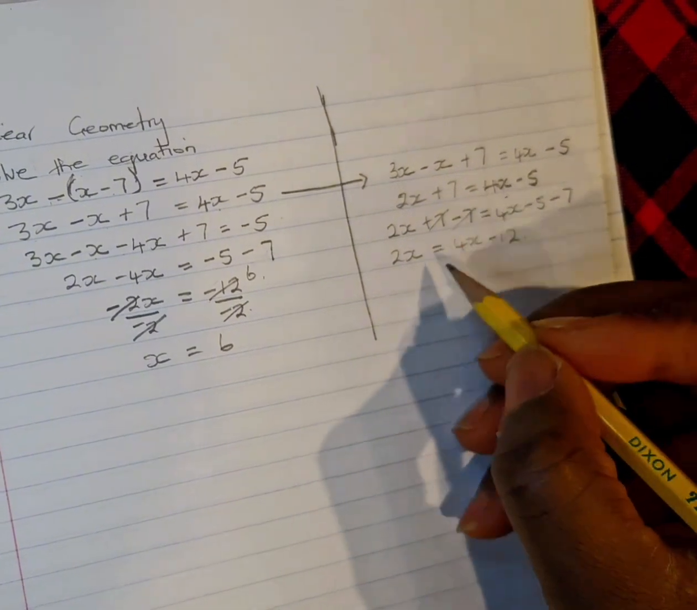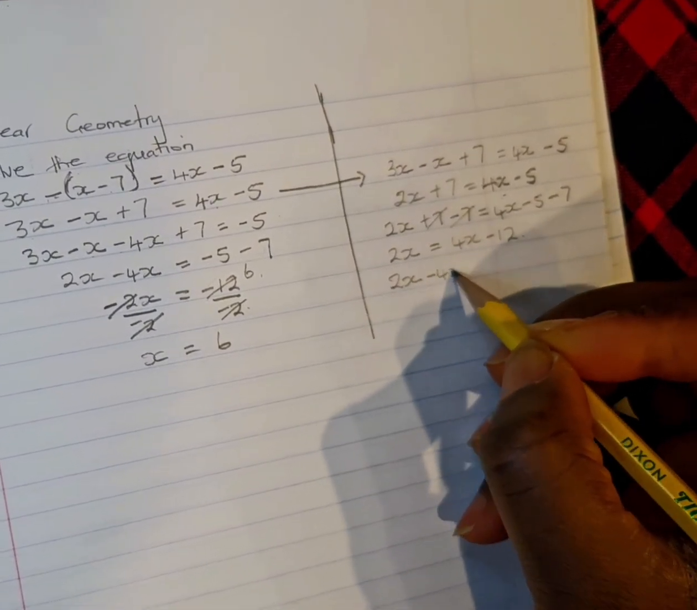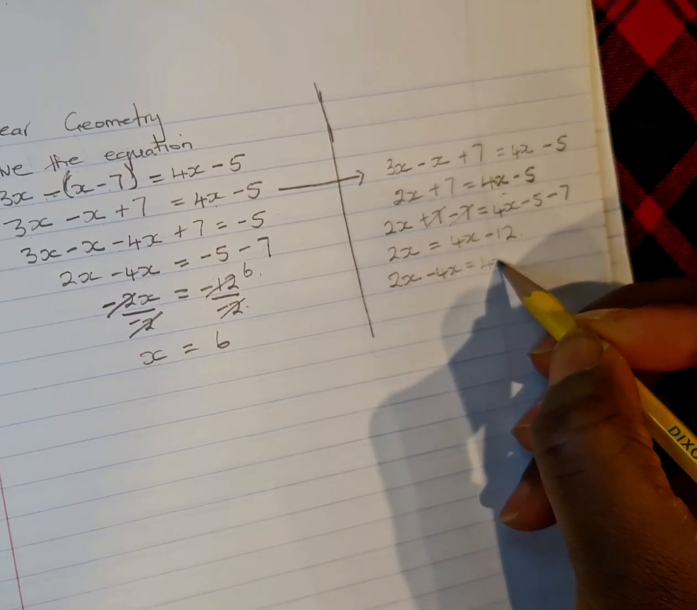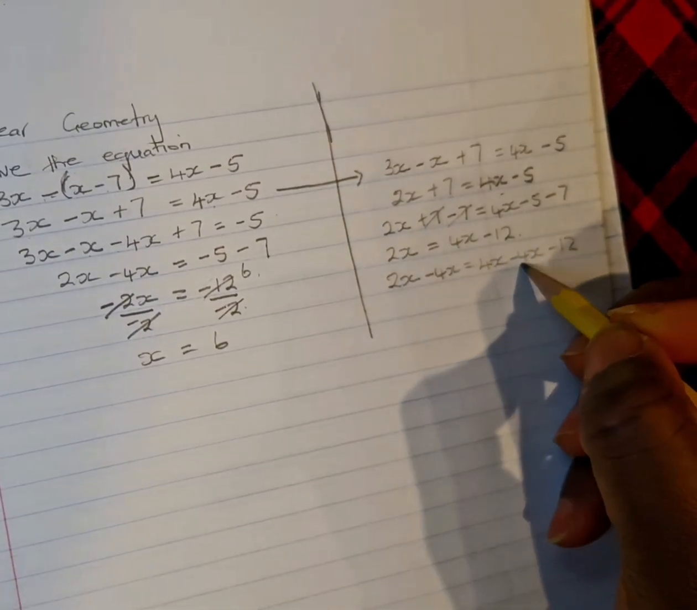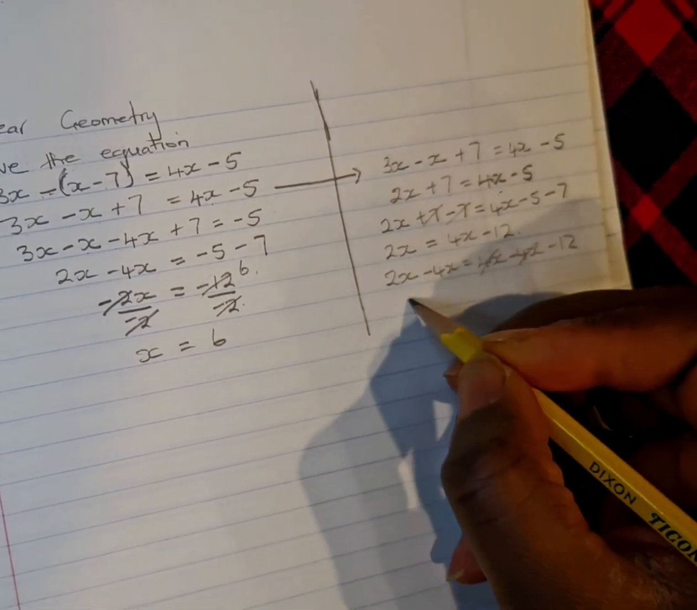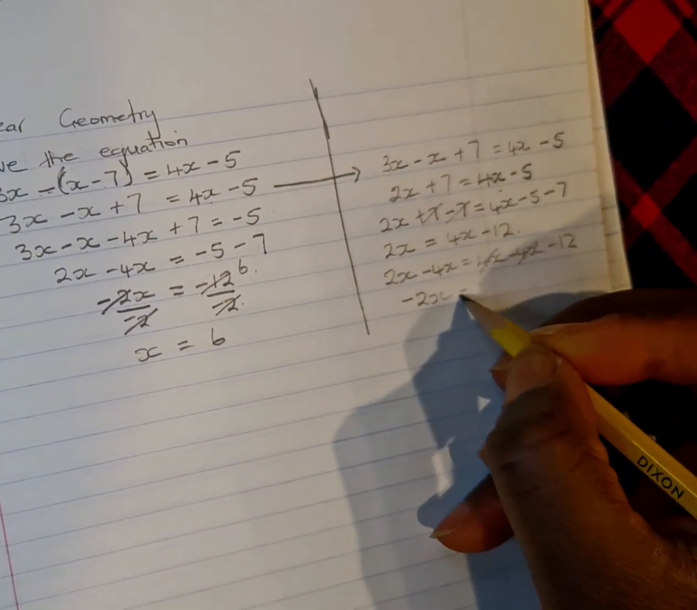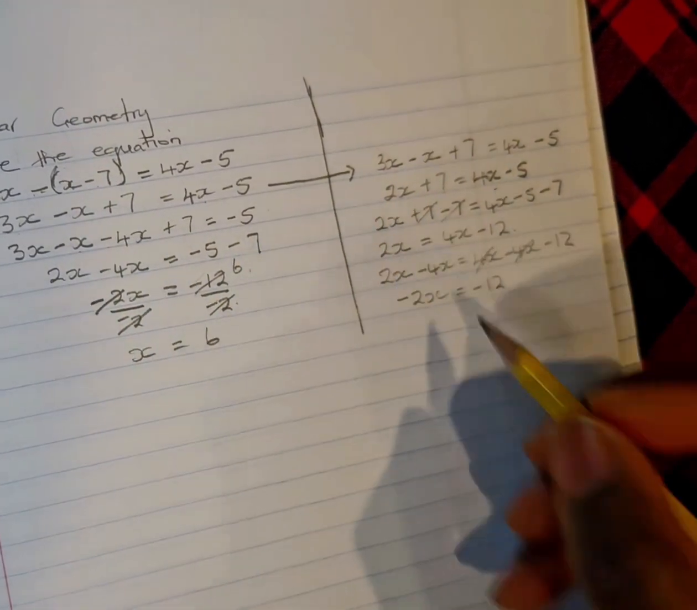I'll subtract 4x. So I have 2x minus 4x is equal to 4x minus 4x minus 12. That way I also get rid of this and I have 2x minus 4x is minus 2x equals minus 12. And we come back to this equation we had here,